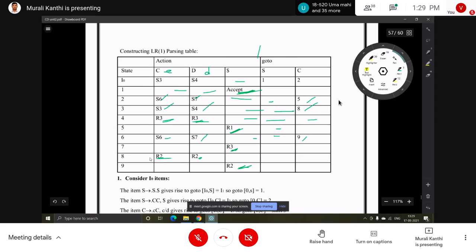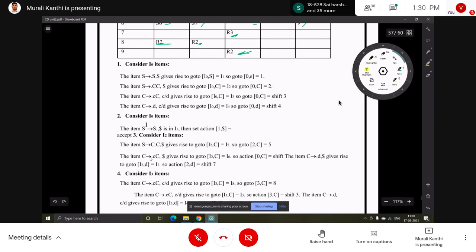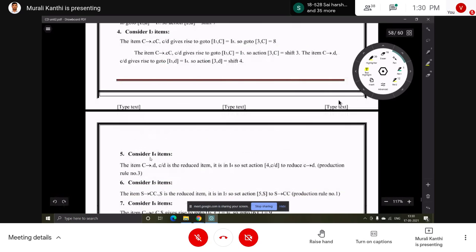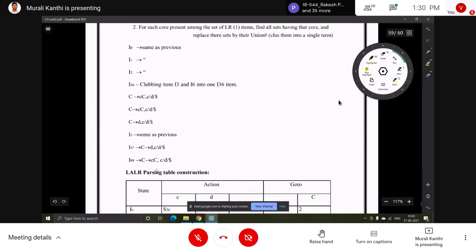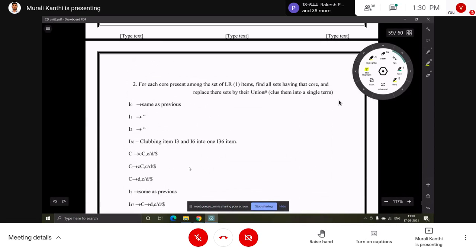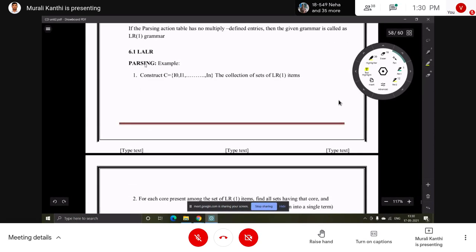To reduce this, one more parser is used, that is the LALR parser, the lookahead LR parser. This is the LALR parsing table construction. Whatever approach is used in the CLR parser, the same approach is used in the LALR parser also.